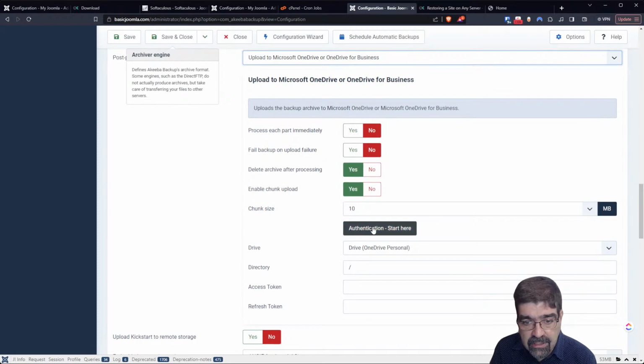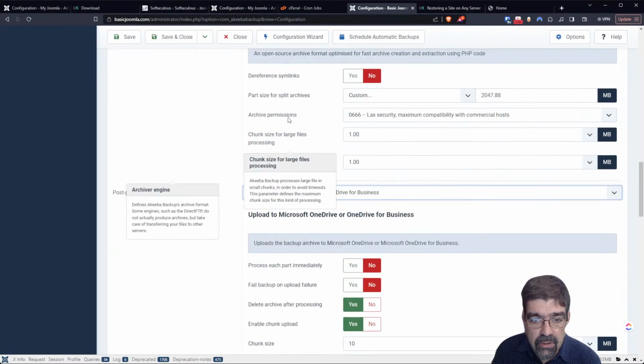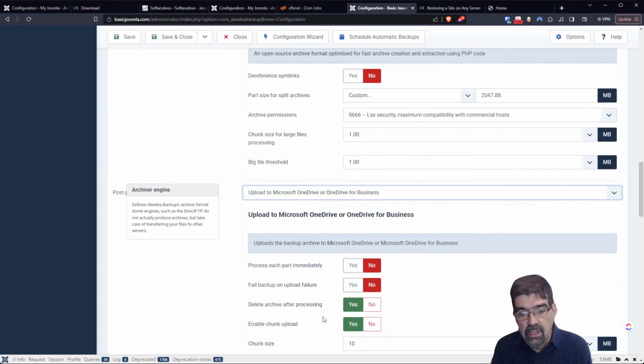You would have to click authentication, and then you get a code from that particular service that you would put down: an access token, a refresh token, and the directory is where you store it. And then you've got a remote FTP server for sending the backup. So if you want to just FTP somewhere, OpenStack OVH object storage, lots and lots of options here. Now I use Dropbox,